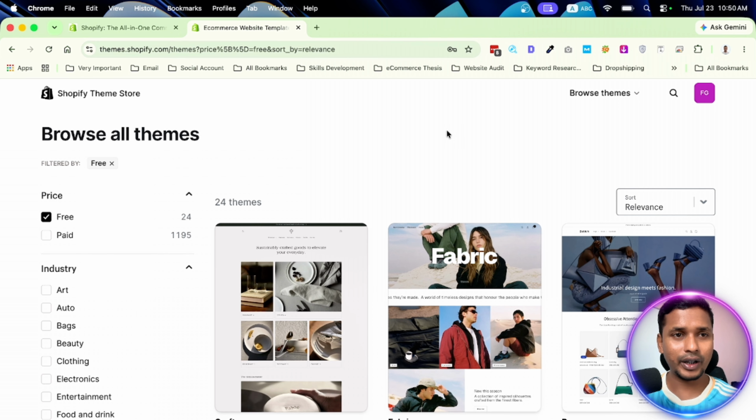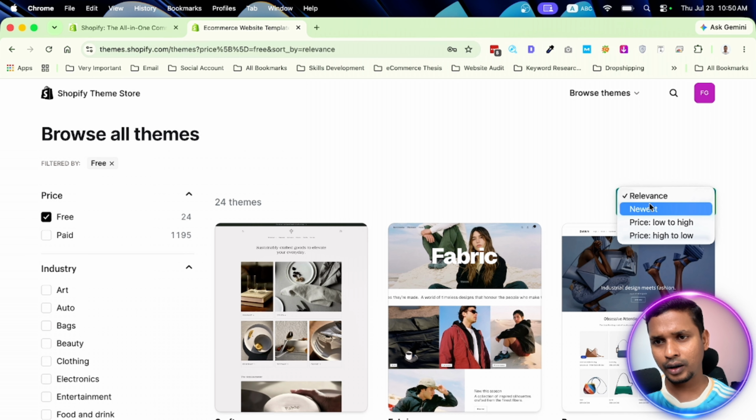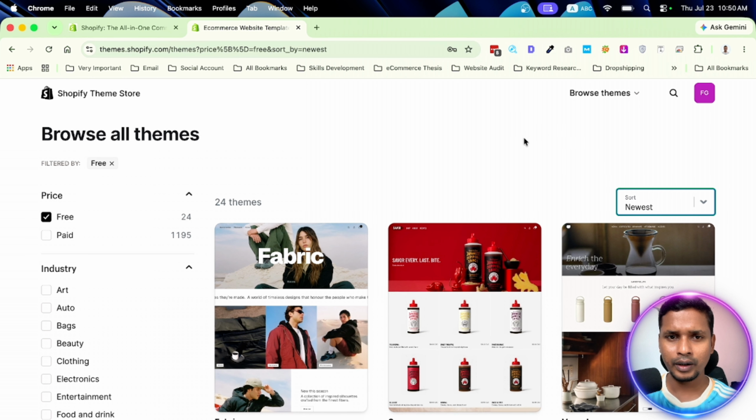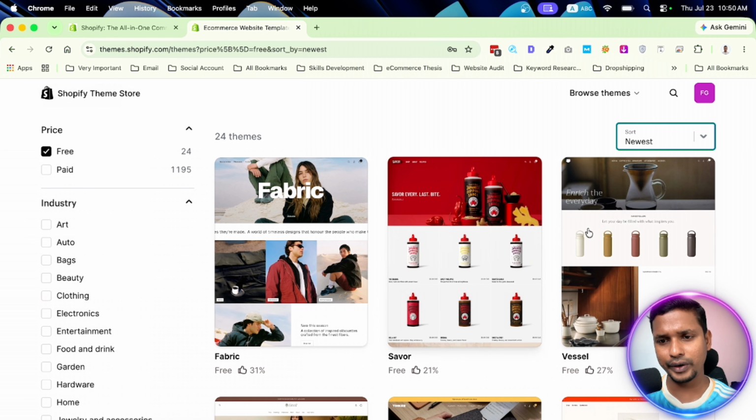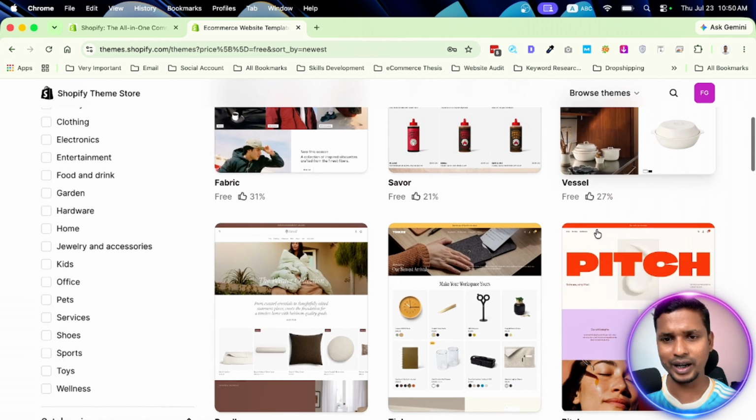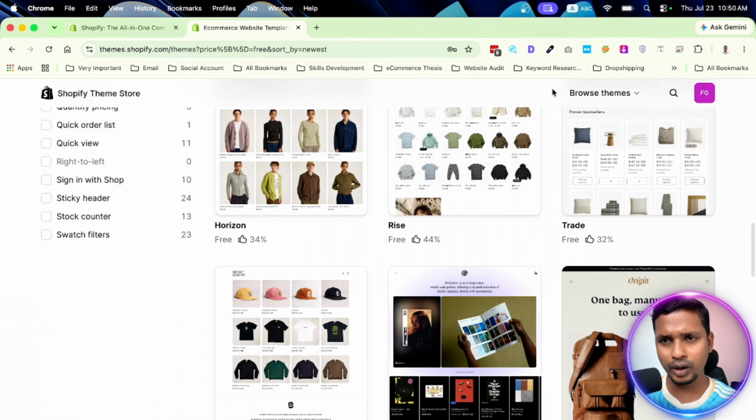Right now we are on the Shopify theme store and I select the price, and from here I'm going to select newest. As I select newest, you see here the Fabric theme, Sober theme, and Brussels theme. They are the three latest themes. And if I go to the bottom,